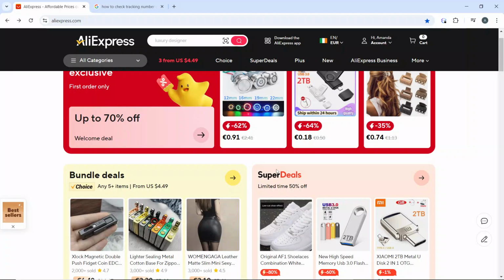Hello, in this tutorial, I'll show you how to change my password on AliExpress. Now, here's how you can change your password in AliExpress web app. The first thing you need to do is to launch your browser and navigate to the AliExpress website at